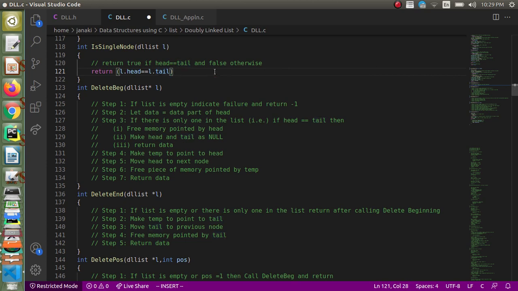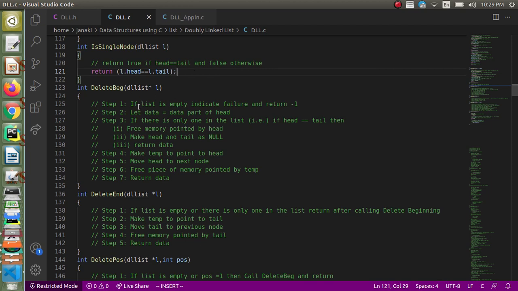It's a boolean expression, so we will get either true or false as the return value. We need not take the pain of checking if L.head equals L.tail, return 1, otherwise 0. No need to write it explicitly like that, it will be taken care of.